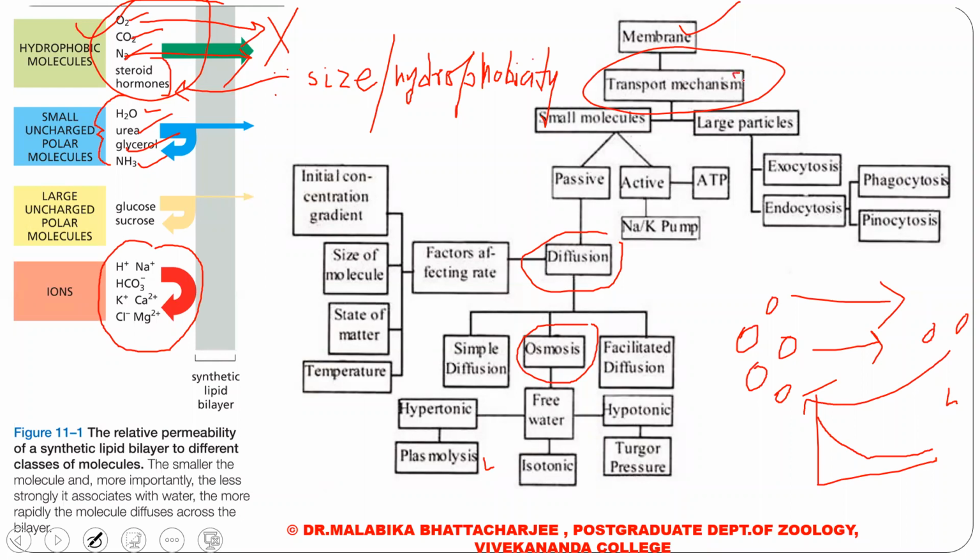When we are talking about transport of molecules, it can be small molecules or large particles. Small molecules are what we started with, such as carbon dioxide, oxygen, nitrogen, and so on. And when we are talking about large particles, it can be